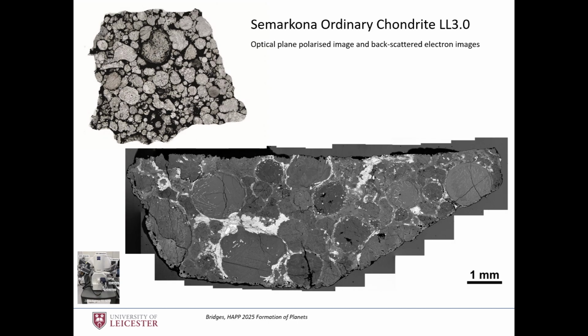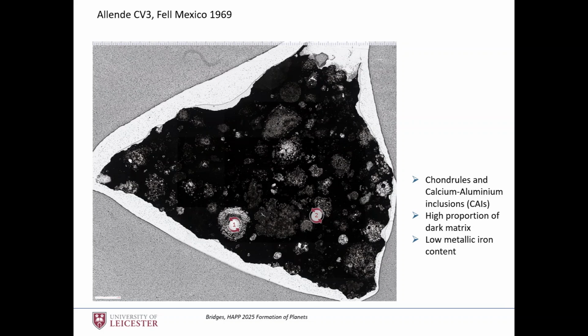Okay, so we start delving in. In our analytical chain, we take electron images, a backscattered electron image here. We see the bright metals and those silicates. There's a very famous one, an Indian one from the 19th century called Semarkona. We tend to focus on the most pristine, the least thermally altered ones to tell us about what was happening on those planetesimals. There's just one of Allende,